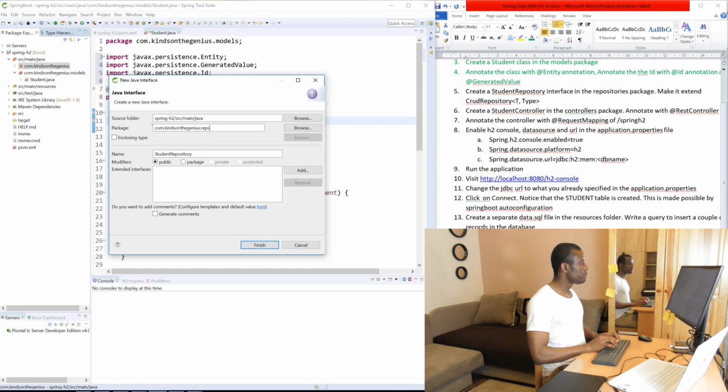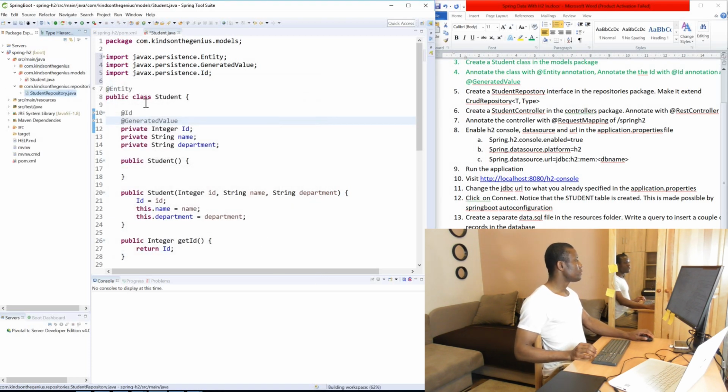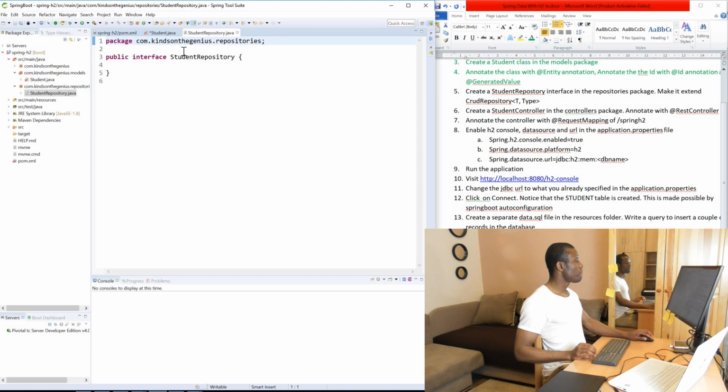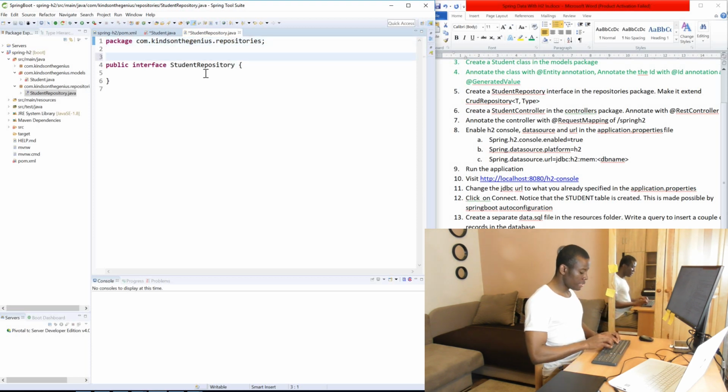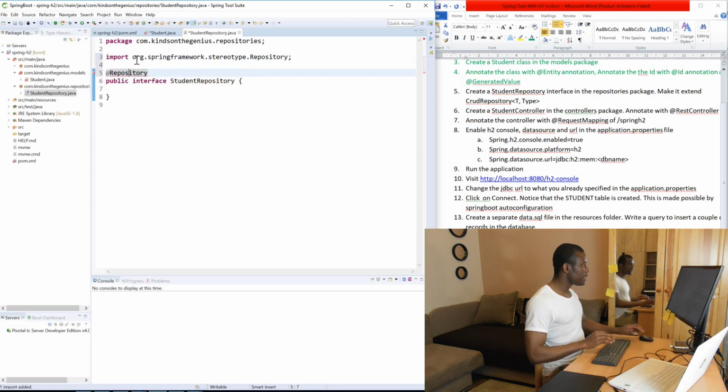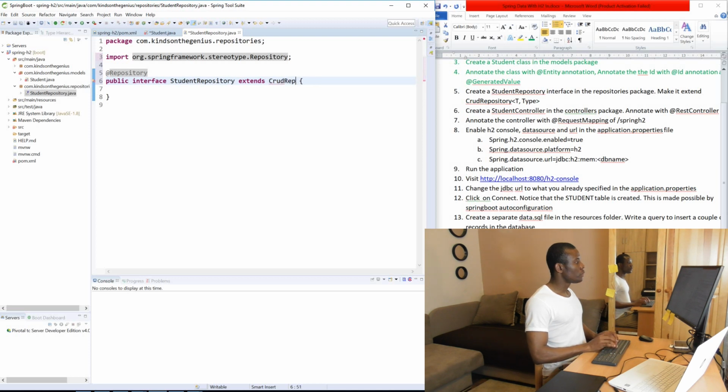So I'm going to choose the repositories package, finish. All right. Sometimes you can annotate this with @Repository, but if you don't, I think it's still fine. So I'm going to say extends CrudRepository and save, and then